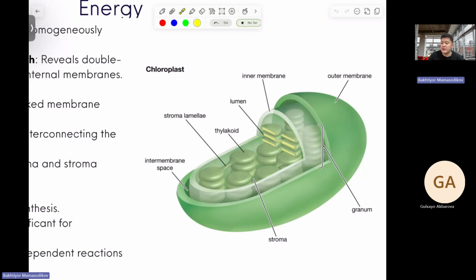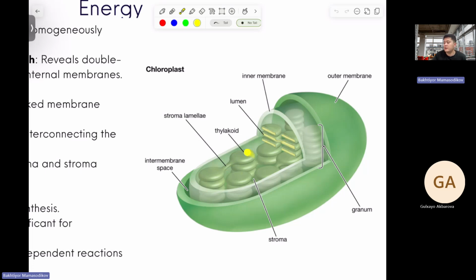It looks like this. And the thylakoid, let's talk about the thylakoid. This is one thylakoid, okay? This is the membrane disc where the light reactions occur, where the ATP and NADPH are made. It's like a mitochondrial inner membrane, if you remember, where the ATP production happens. The function of the thylakoid is making the ATP and NADPH. Then the stroma lamellae, this is called the stroma lamellae. Its main function is to connect the different granum together. This is one granum, this is another granum, and these stroma lamellae connect two grana together or multiple grana together,